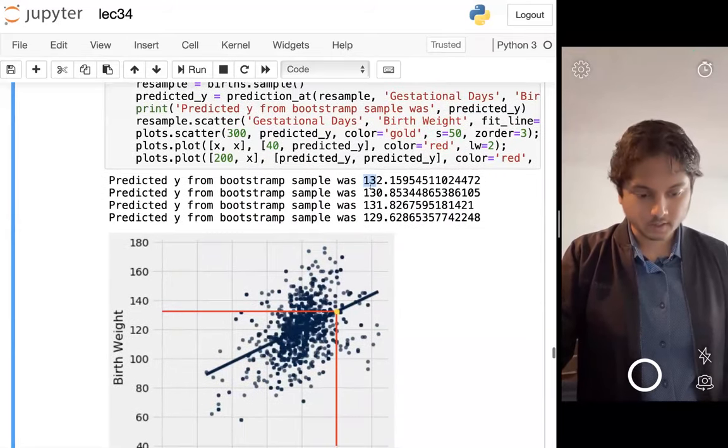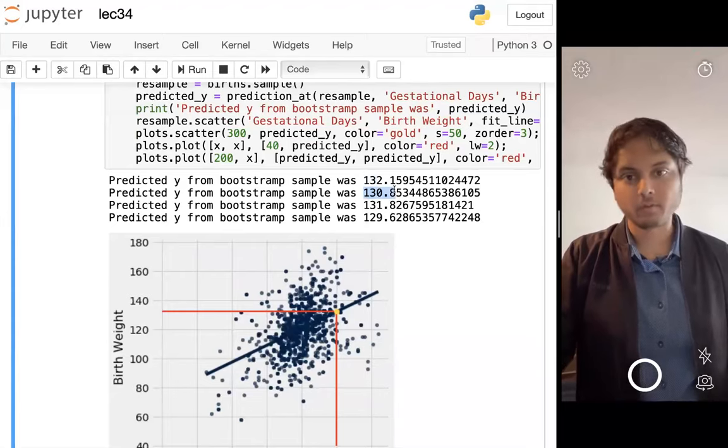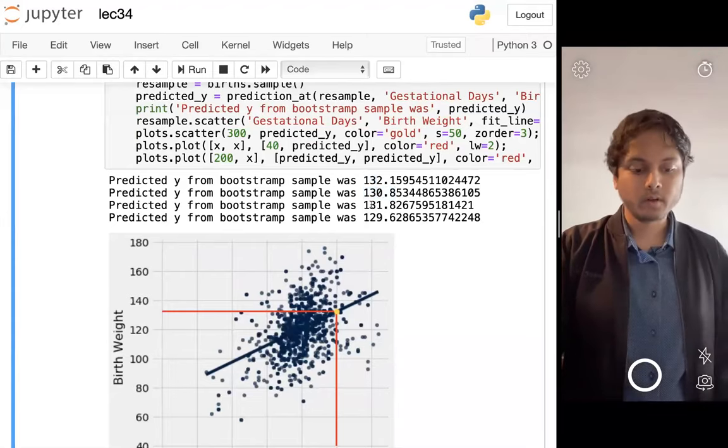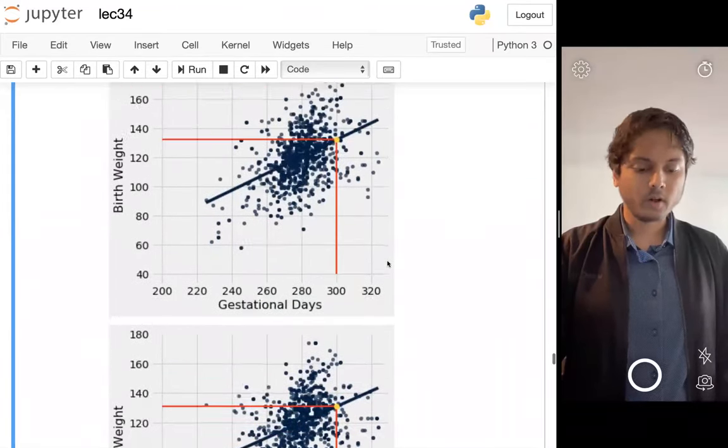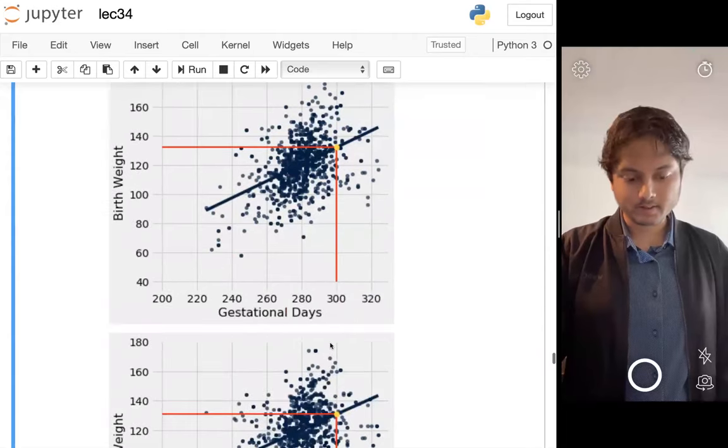In this second case, we got 130.8, which is almost spot on to the original sample. Did it again, got 131.8. Did it again, got a little bit lower, 129.6. So these numbers are probably a little bit more helpful to look at, because these scatter plots look almost